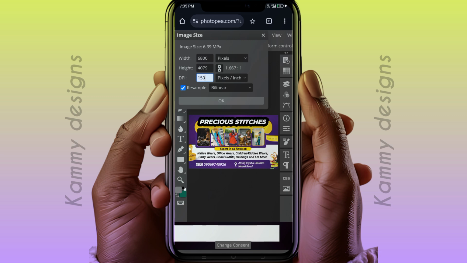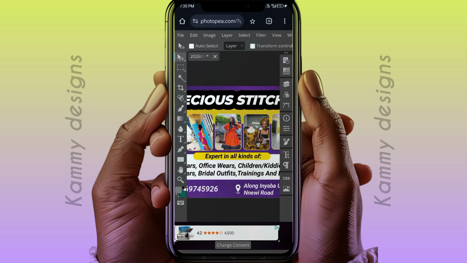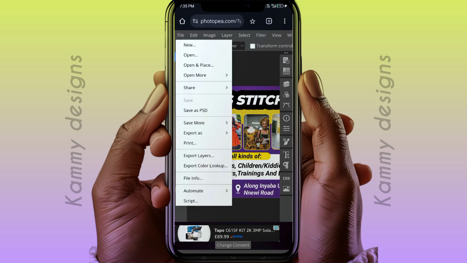So that's what we have. You see, it has already been converted. Don't click anything on this interface. Your file is already on CMYK and is already on 150 dpi or 200 dpi or 300 dpi, depending on what you set it. So what you're going to do next now is go to file, then click on export